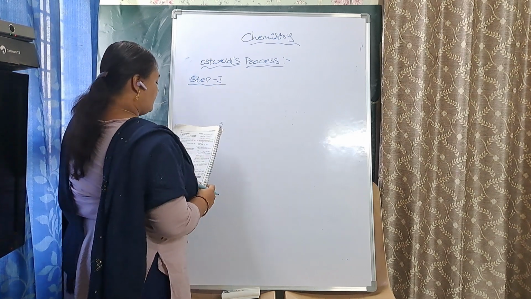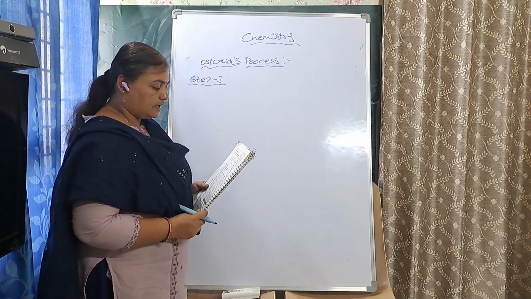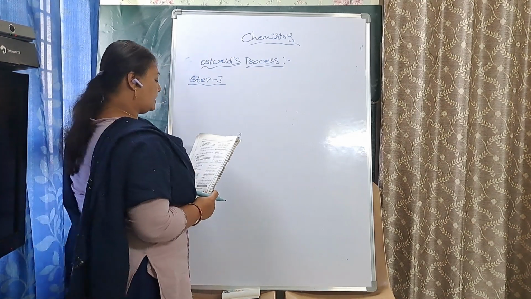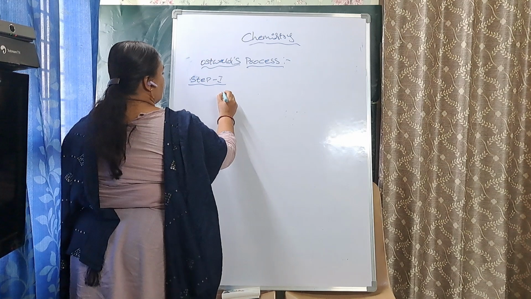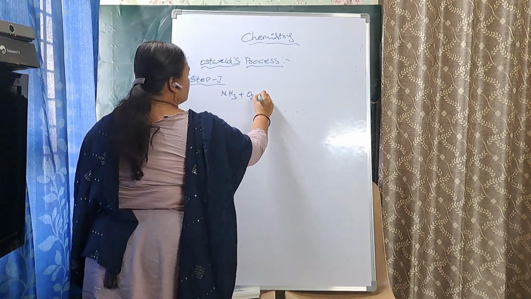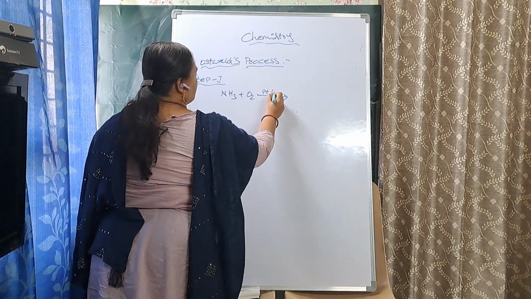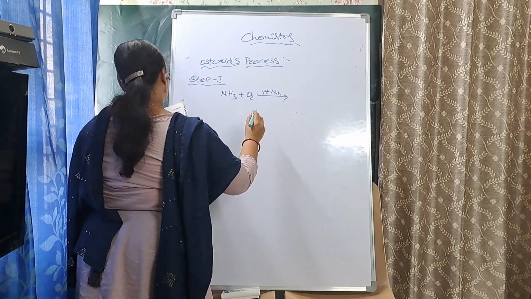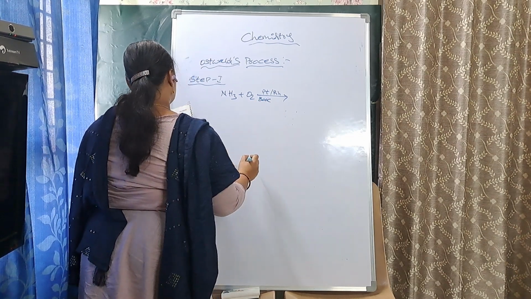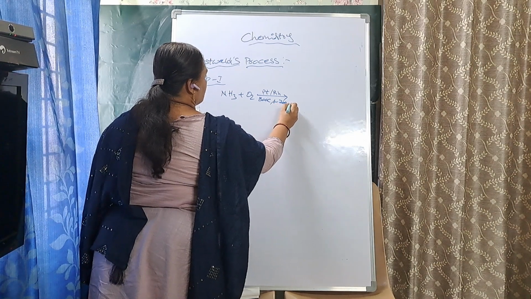In this step, when ammonia reacts with oxygen in the presence of a platinum catalyst and temperature 800 degrees centigrade and pressure 6 to 7 atmosphere,